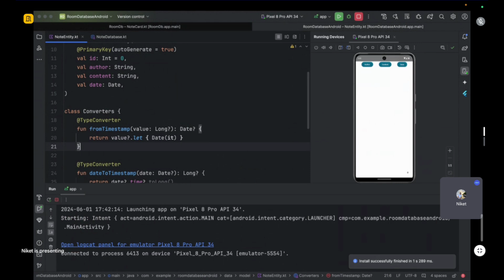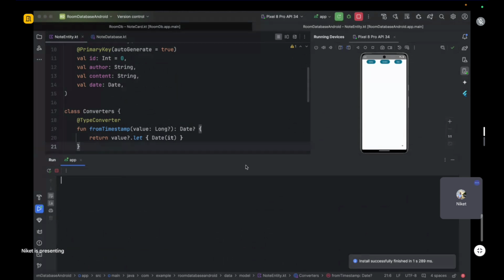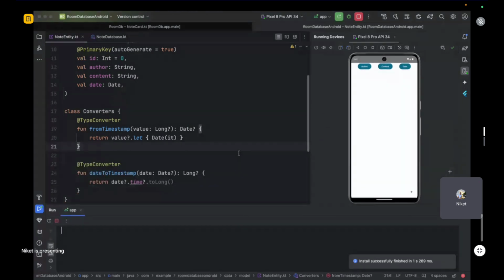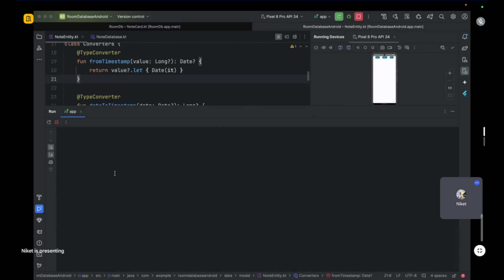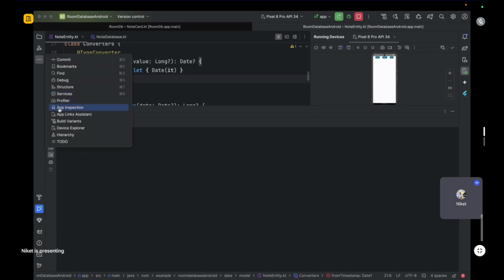Okay, so things have been installed as we liked it to be. Now if I click plus on this, okay, cool, something happened but the UI didn't show up. I will let you know why. But if you go to the app inspection,